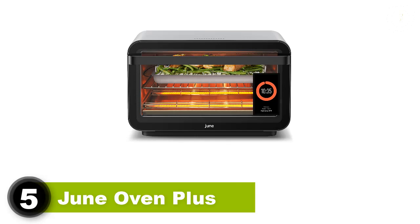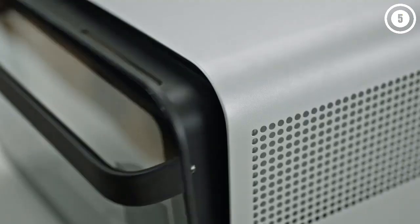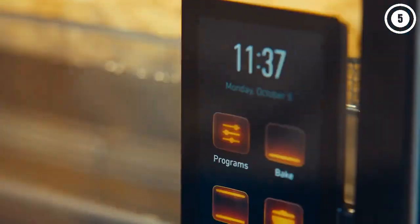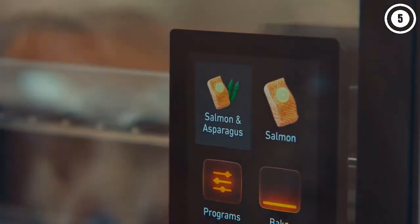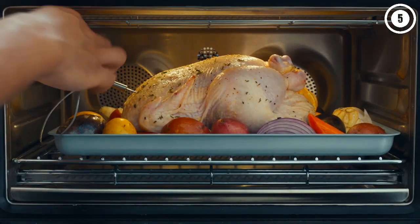If you've looked at the June Oven before, you might think, wait, that doesn't have a rotisserie function, but it's a new feature included with the release of the Generation 3 version. The June is an incredibly versatile countertop oven that can do everything from toasting and air frying to proofing dough and acting like a pizza oven. And there's more, it has a compatible smartphone app that allows you to watch a live feed of what's cooking